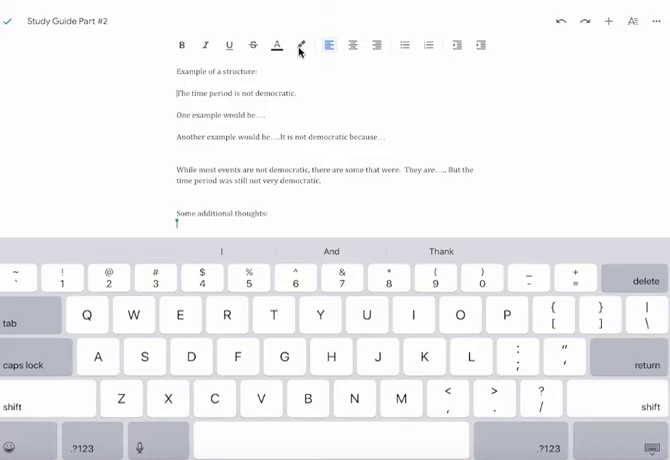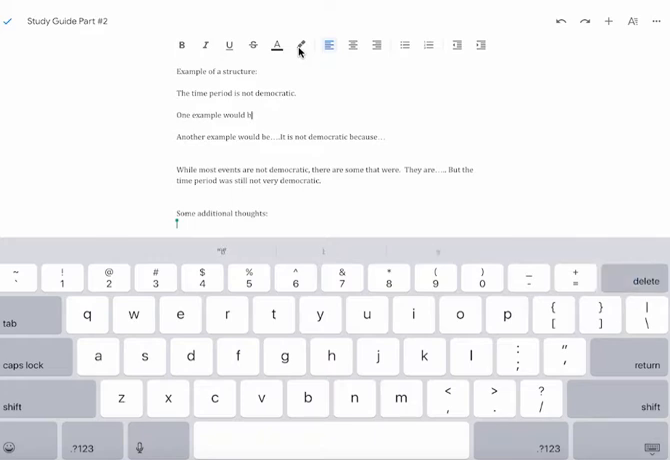Then what you're going to do is decide, once you have made your decision, what are examples that are not democratic, if that's what your argument is going to be. Then you're going to want your examples to be things that would support that it's not democratic. And then, you just need a couple of sentences. So if your first example is going to be the